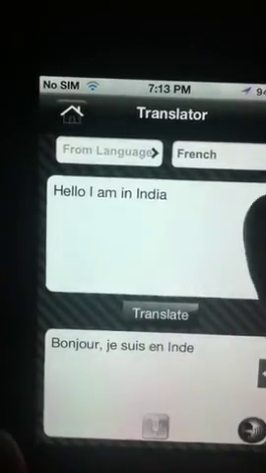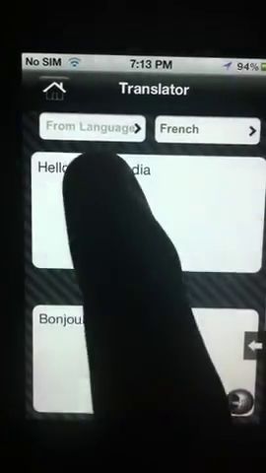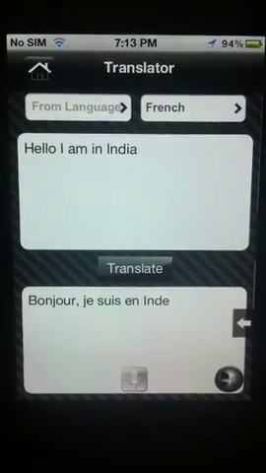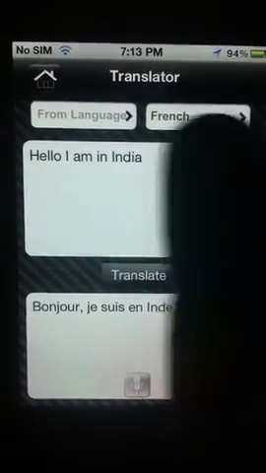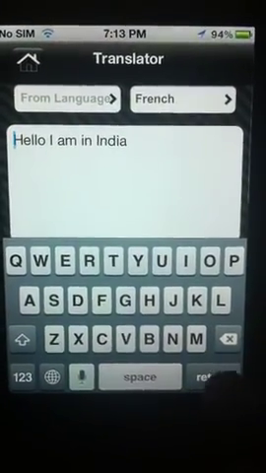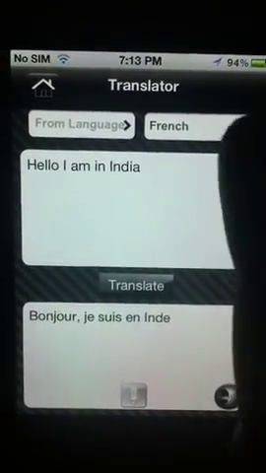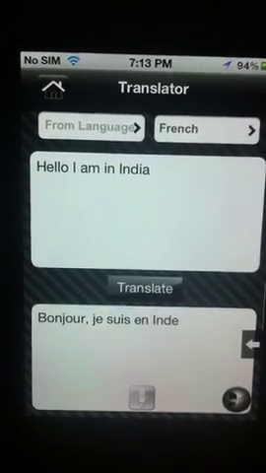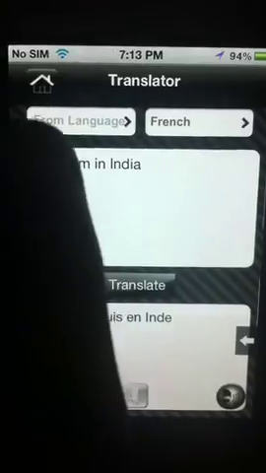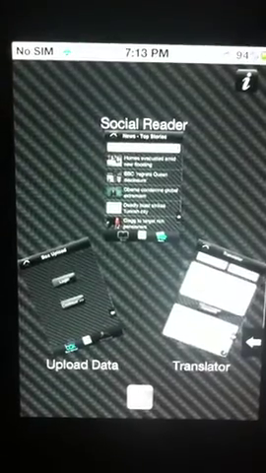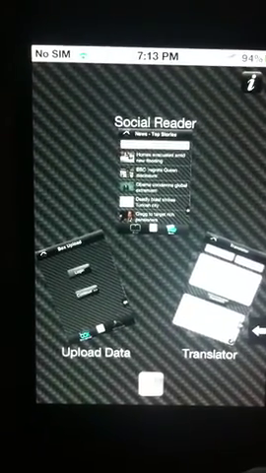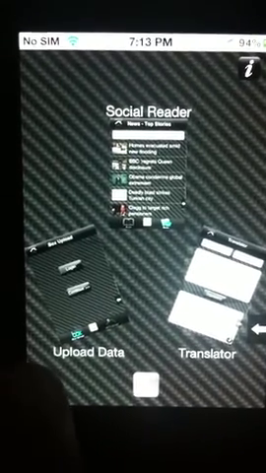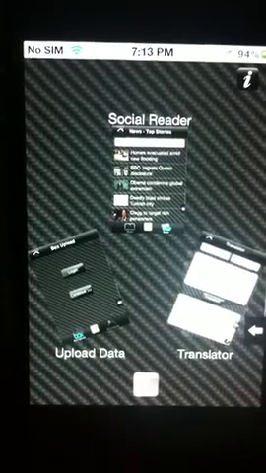And in this section we can have any languages in the from tab depending on your locale. So whatever you have fitted in your device in the settings tab, from language will be chosen automatically. And here we can have any language which we want to convert our text to. So switching back to my home page again, home screen. So here we have all the three tabs again, and now switching back to the Box uploading section, which Ashish will explain.